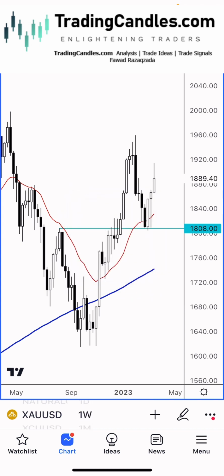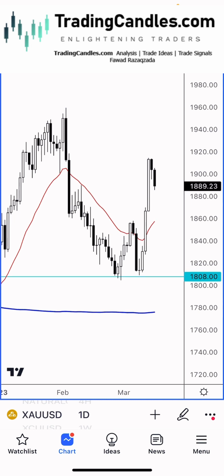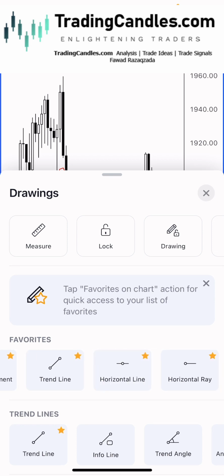And as we zoom in on the daily time frame, obviously the move has been supported by the big drop we saw in bond yields across the world, especially in the US because of the concerns about the banking crisis there after SVB failed. But anyway, yields broke down, and that caused everything to soar higher from Bitcoin to gold, silver,